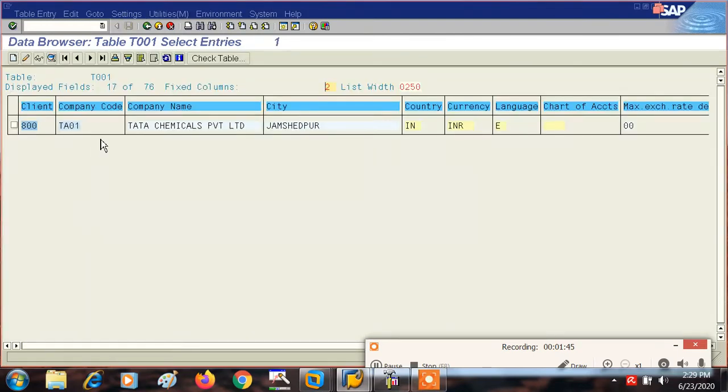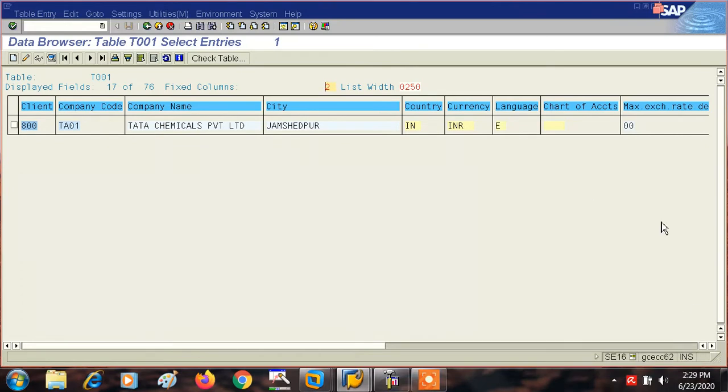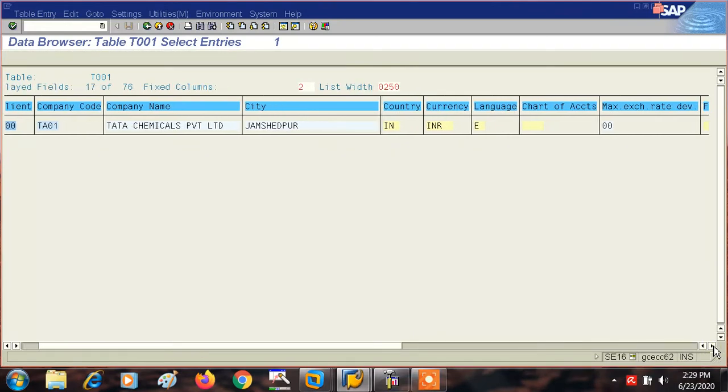See here your company code TA01, company name is Tata Chemicals, which we had given in the name field of company code, city Jamshedpur.